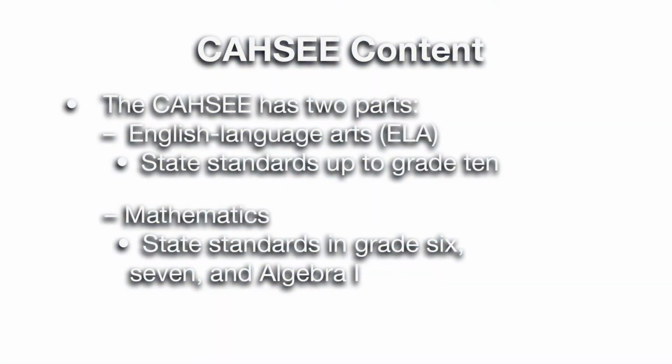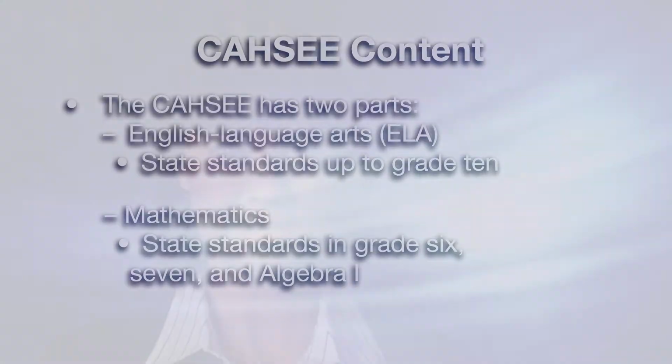The CAHSEE has two parts: English Language Arts, ELA, and Mathematics. The ELA part addresses state content standards through grade 10. In reading, this includes vocabulary, comprehension, and analysis of informational and literary texts. In writing, this covers writing strategies, applications, writing an essay, and the conventions of English, such as grammar, punctuation, and